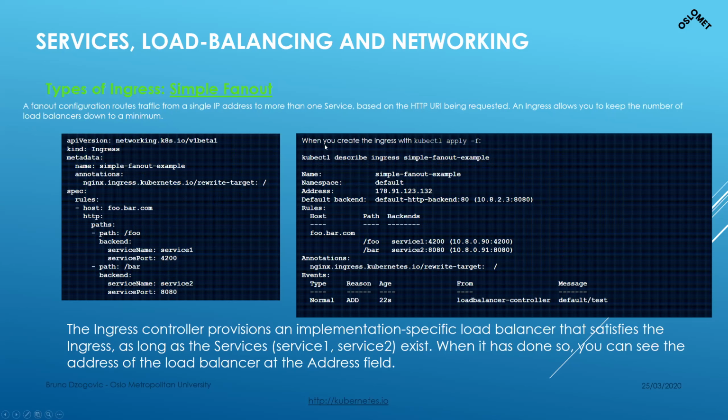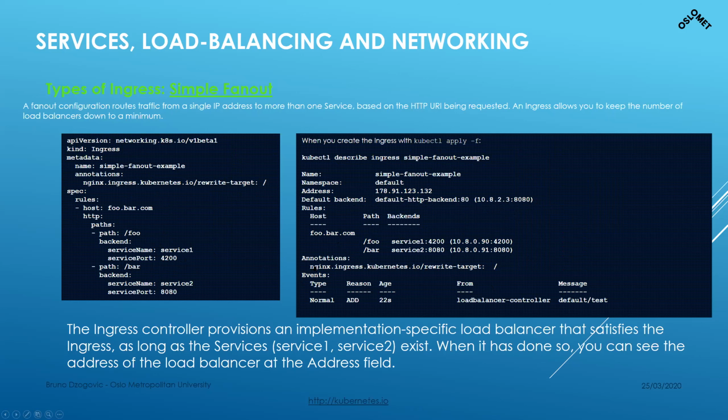There is another way you can describe these things. If you don't have a specific name, it will give you something like this. So in the simple example, the namespace is default. If you don't specify it otherwise, it will put everything in the same default namespace, and it will add some address there, the public address, and the backends it will put randomly, or as many as you specified. In this case, you didn't specify any kind of subnetwork, so it will put everything randomly by order.